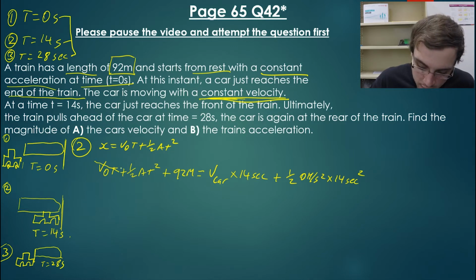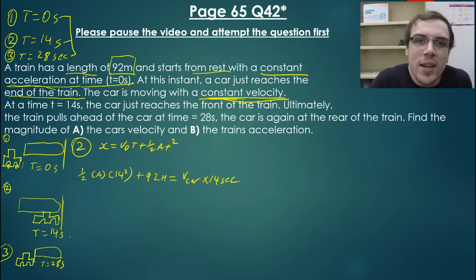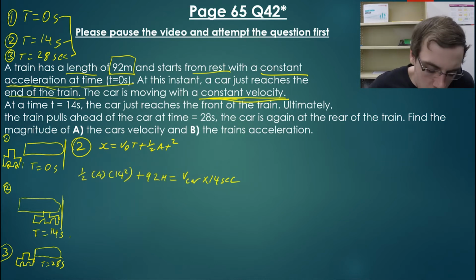Plus 1/2 at squared. Okay, so we know that our train has a constant acceleration. It says that up here. So we have 1/2 acceleration times t squared. I've just simplified this a little bit for us. So again, we go 1/2 a times 14 squared plus 92. So we take 14 squared plus 92 and then divide that number by 2. So that should give us